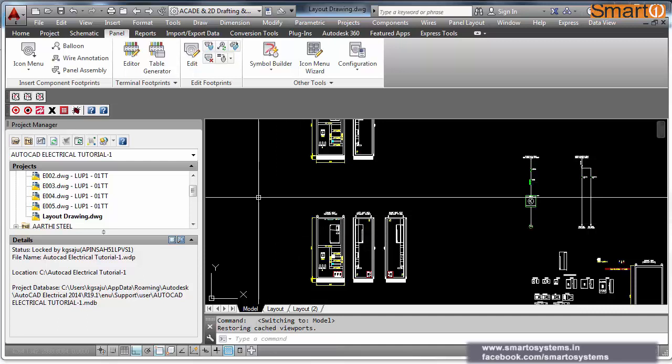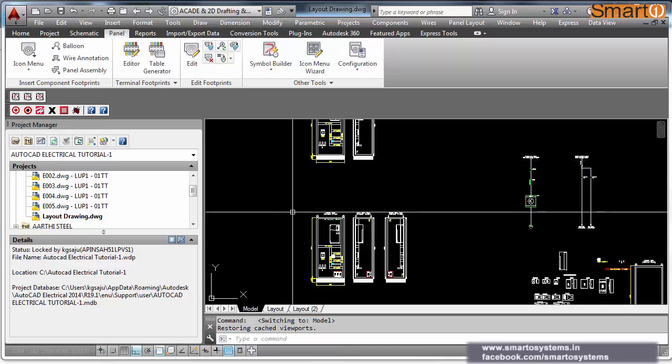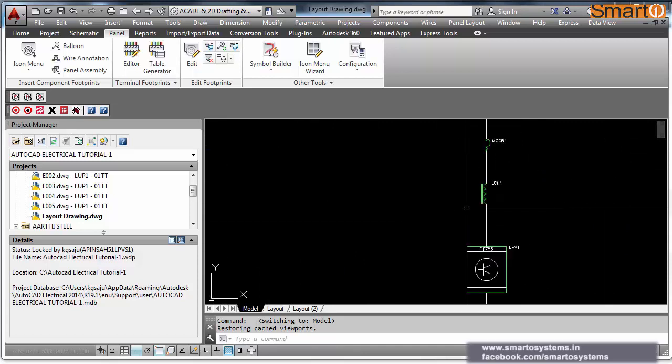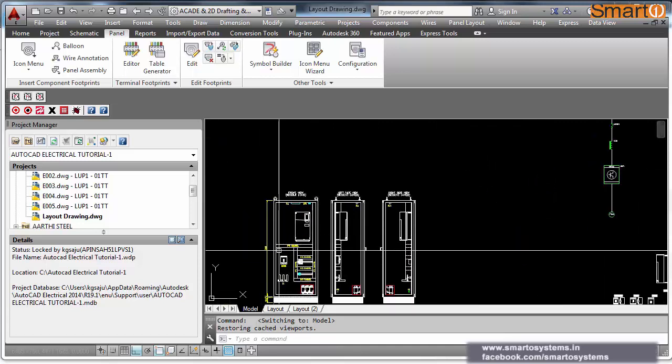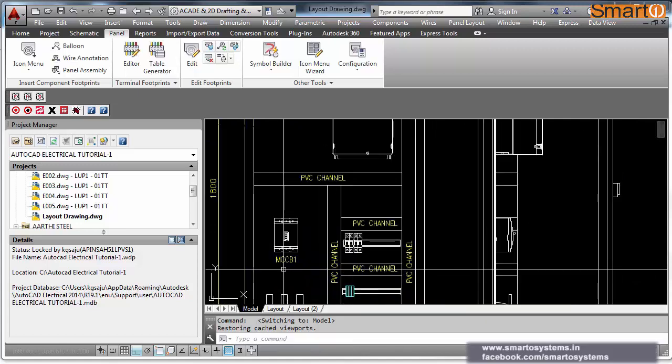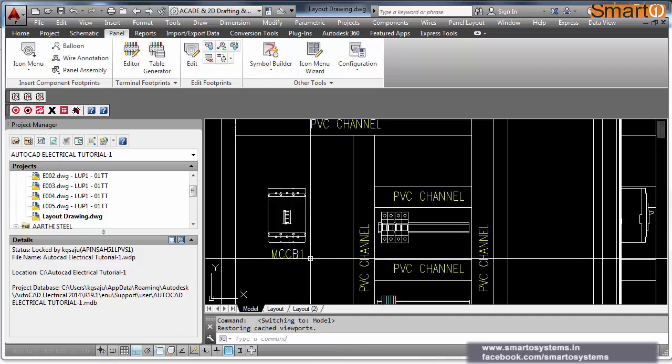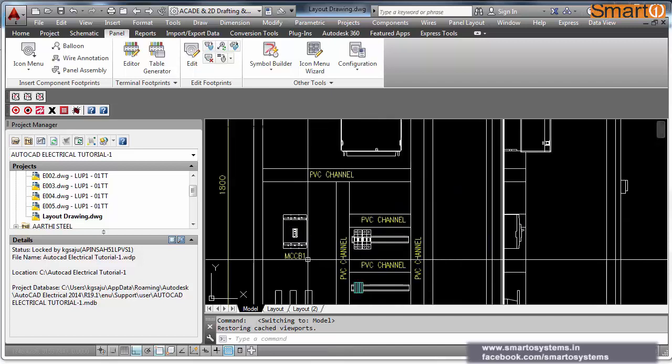But as we are learning AutoCAD Electrical, we should learn how to make a layout drawing using AutoCAD Electrical. So this tab stands for that. It has many features. You can interlink, you can go to the schematic, you can copy things from there. Once you delete a few things here, that will automatically update. Now you see, if I delete something from this schematic of this particular wiring, I have to come back to this sheet. If I replace the MCCB in the schematic with the MCB or SFU, first I have to do it